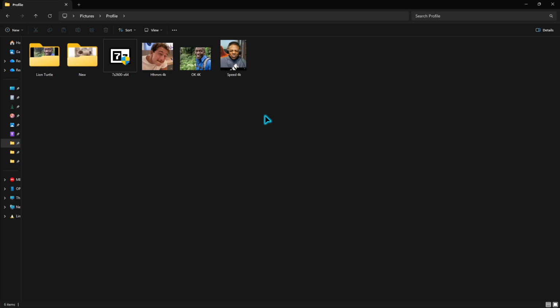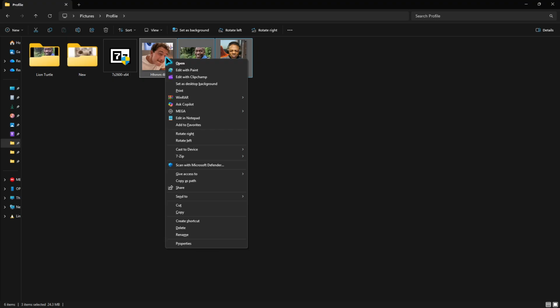First, open File Explorer and navigate to the files or folders you want to protect. You can select a single item or select multiple items at once. To do that, hold Control and click each file or folder, or click and drag a box around a group. Take a moment to confirm you've got everything you want included, because the archive you create will only contain what's